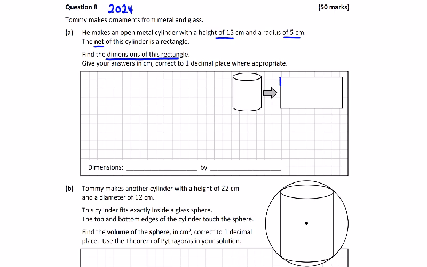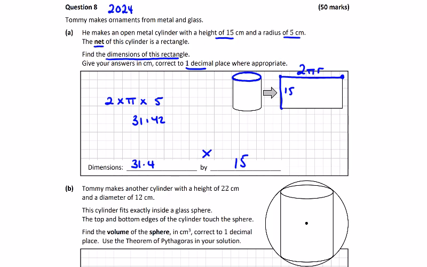So when we have the height is 15, so we'll do that as the height, and then the length is 2 pi r. When the circle is opened up, it's still got 2 pi r of length, so 2 by pi by a radius of 5 is 10 pi, which is 31.42 to 2 decimals, but we just want 1, so 31.4 by